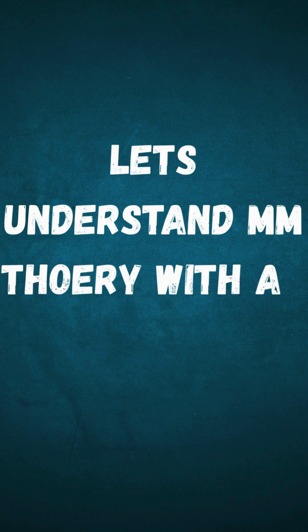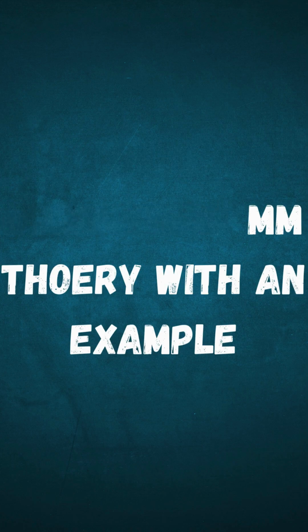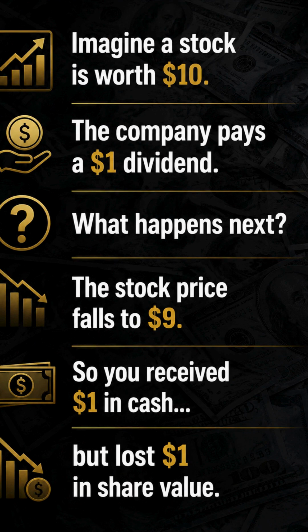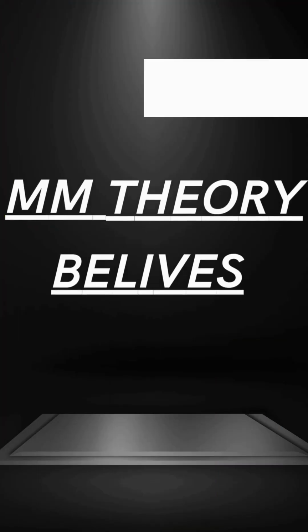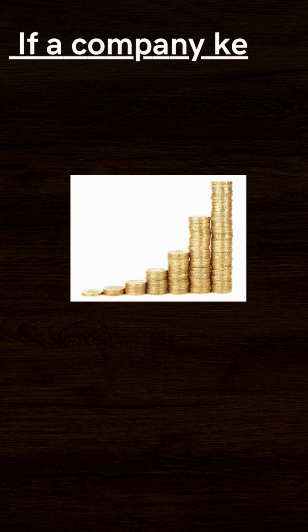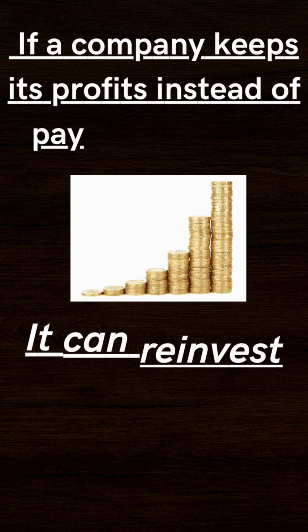Let's understand the theory with an example. Imagine a stock is worth $10. The company pays a $1 dividend. What happens next? The stock price falls to $9. So you received $1 in cash, but lost $1 in share value. Net gain? 0. MM believed that if a company keeps its profits instead of paying dividends, it can reinvest that money